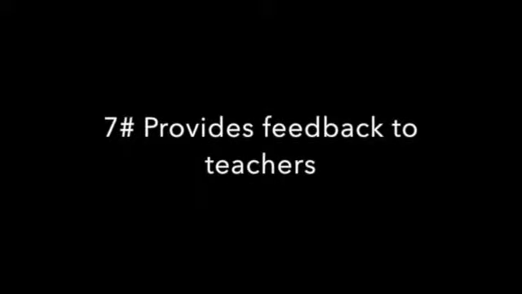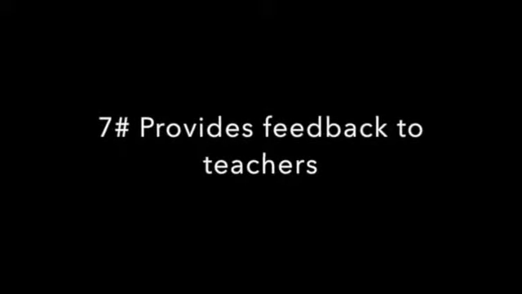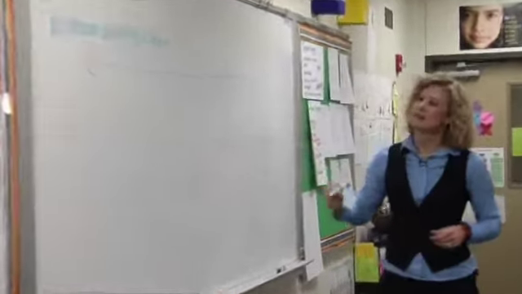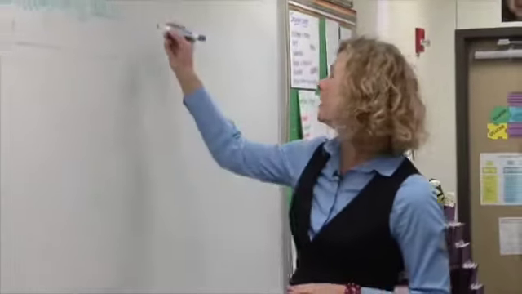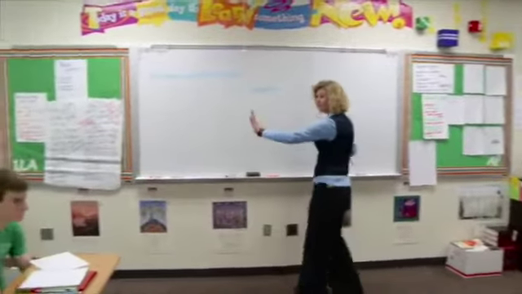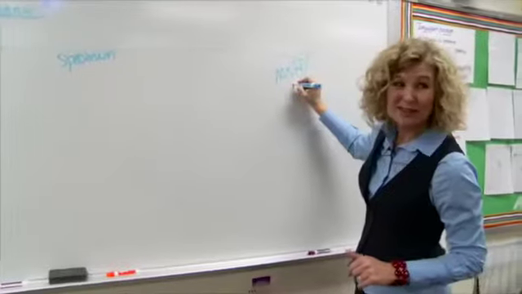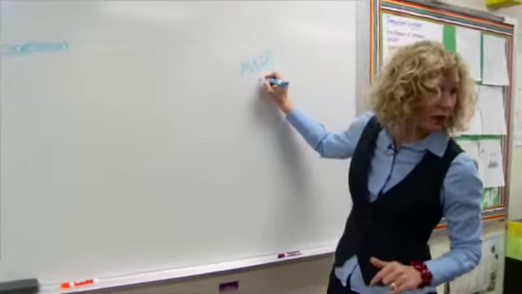Lastly, number 7, good feedback provides information to teachers that can be used to help shape the teaching. The final effect of good feedback is not just for students, but also for the teachers. In order for teachers to provide relevant and effective feedback, they themselves need to receive feedback on students' learning and understanding. If a teacher can understand how students best make use of feedback, then they can design effective feedback activities